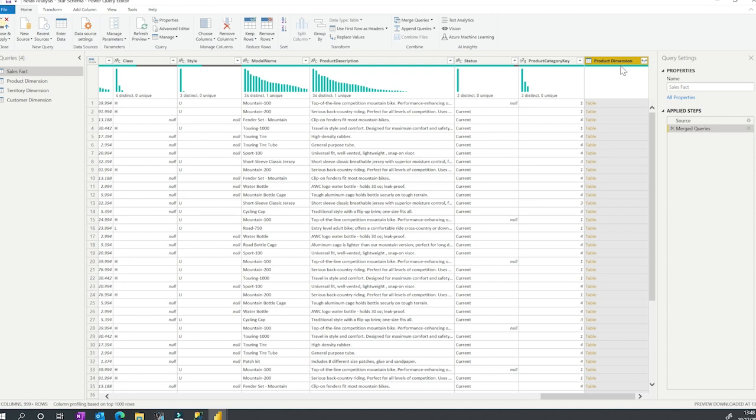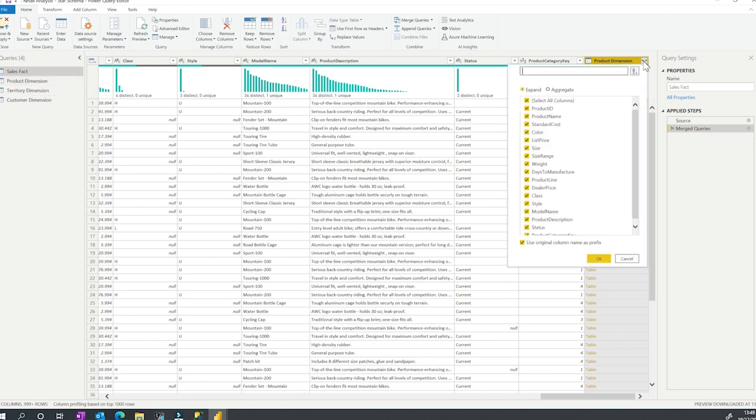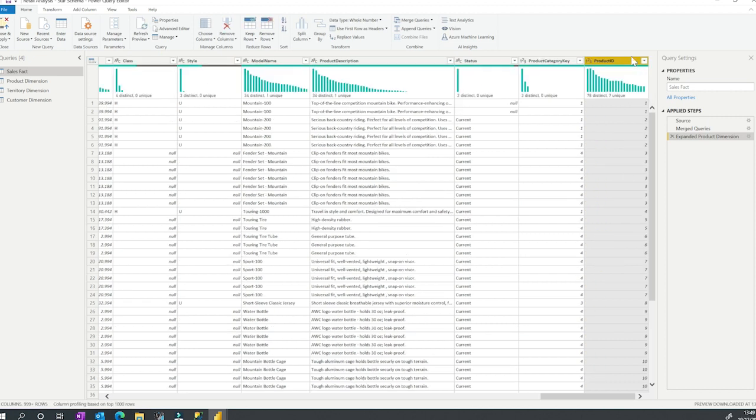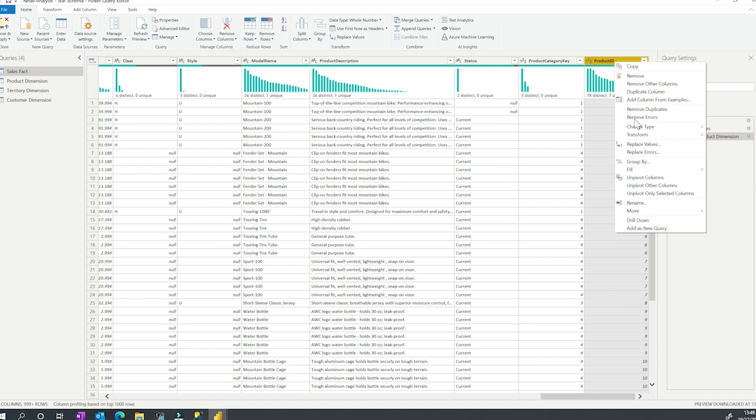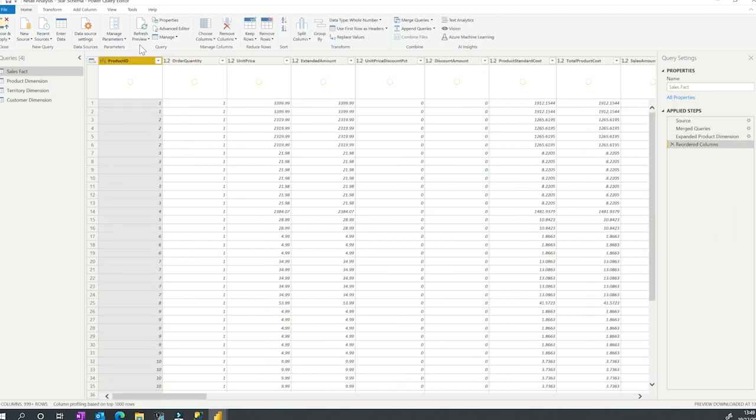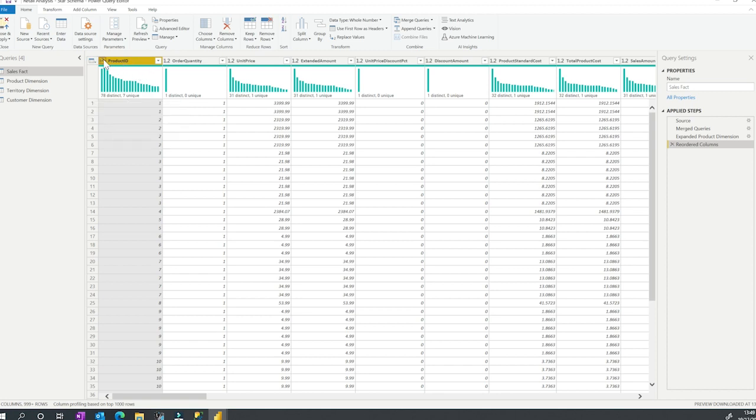And notice we now have an additional column added at the end of the sales fact. Product dimension, so it just gives the name of the table we merged to, and we're now going to select the sort of two-sided arrow here, and here is where we select the columns we want to merge to the sales fact from the product dimension. So of course the only thing that we want in here is product ID. I'm going to uncheck use original column name as prefix, no need for that there. And there we have it. And like we said before, just to finish this off, we're going to right click product ID and we're going to do move to beginning, and now we have our foreign key, product ID, in our fact table as well. Okay,